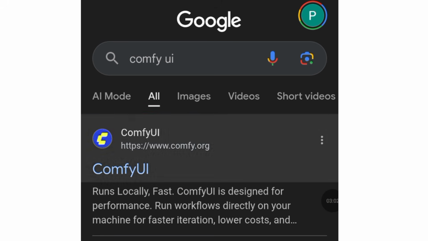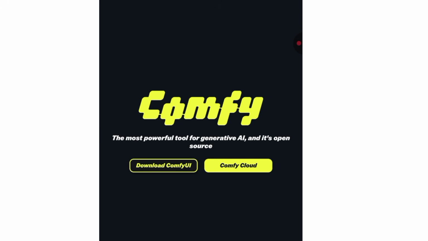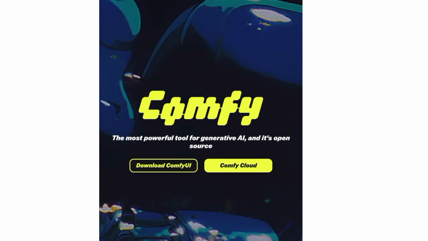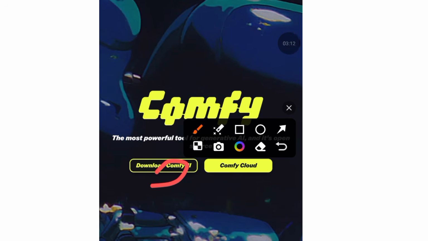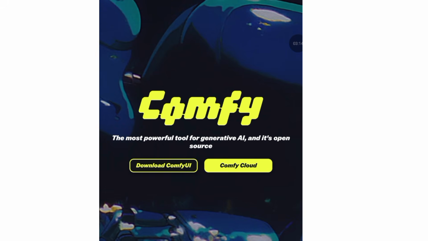Once you come on the platform, you go ahead and open it. Once you open it, it will give you this interface. You may want to download, or you may want to use it from the cloud. So this is Qwen AI. If you want to use it, there is really no problem. It is free. You can use it for free.